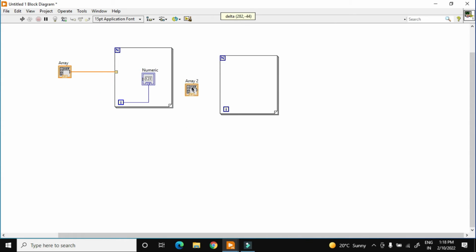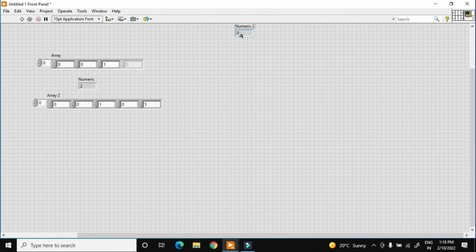and I want to connect this array to this, and I drag and drop this to this, and in this case I want to check out how many times my loop runs. Numeric 2 will tell me how many times my loop will run. So when I hit the run button, as you see, my loop runs only 3 times, 0, 1, 2, because